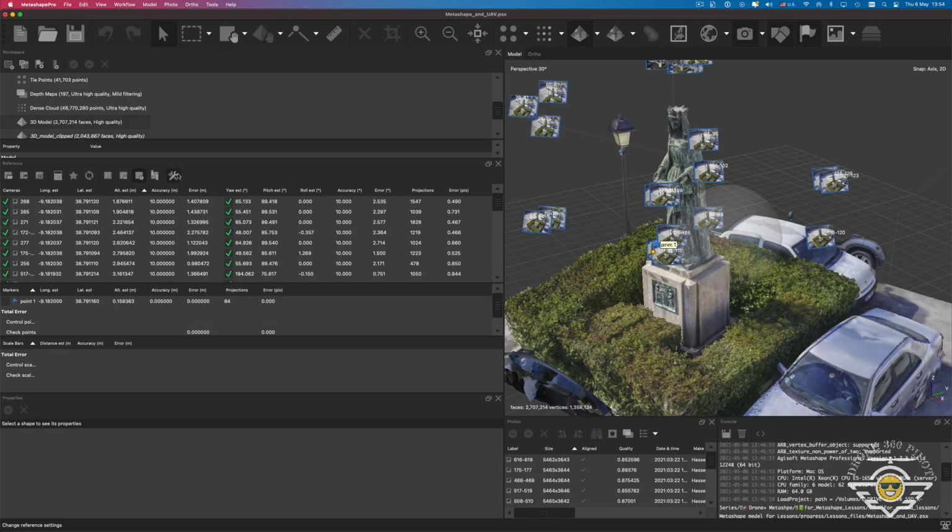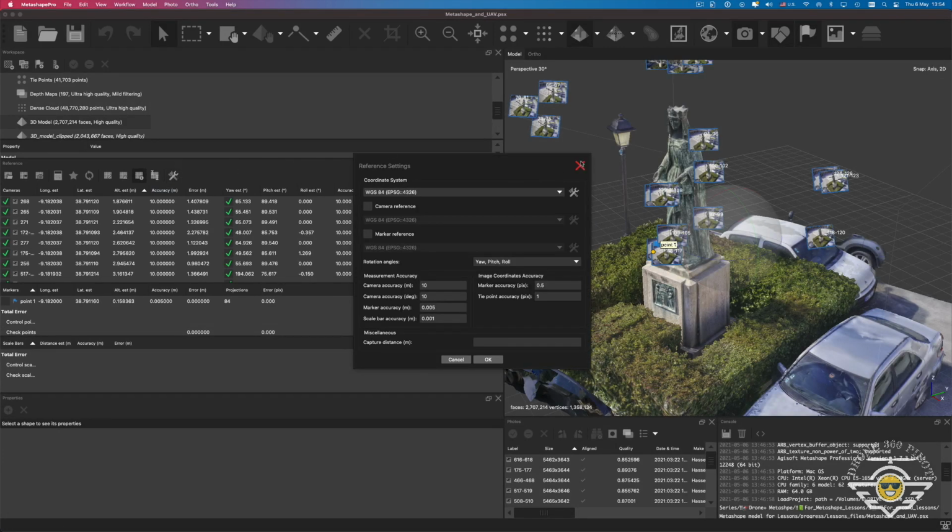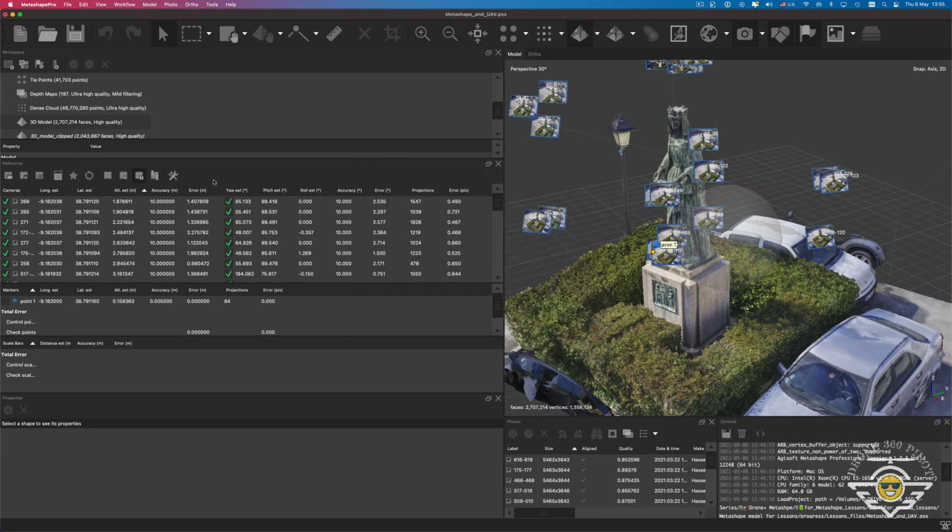Buttons located on the pane toolbar allow import and export reference coordinates, convert reference coordinates from one system to other, optimize camera alignment and update data, switch between source coordinates, estimated coordinates and error views. Here we also specify the coordinate system and measurement accuracy. Additional info like info about markers and control points located at the bottom part of the reference pane.